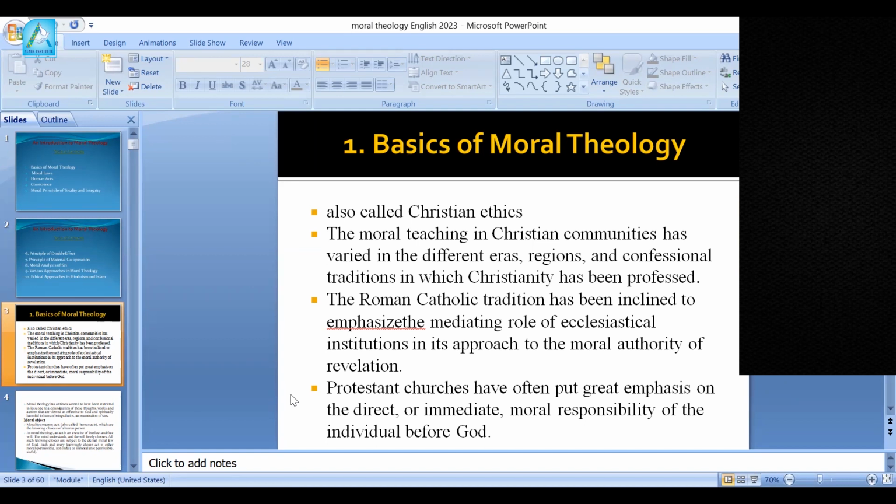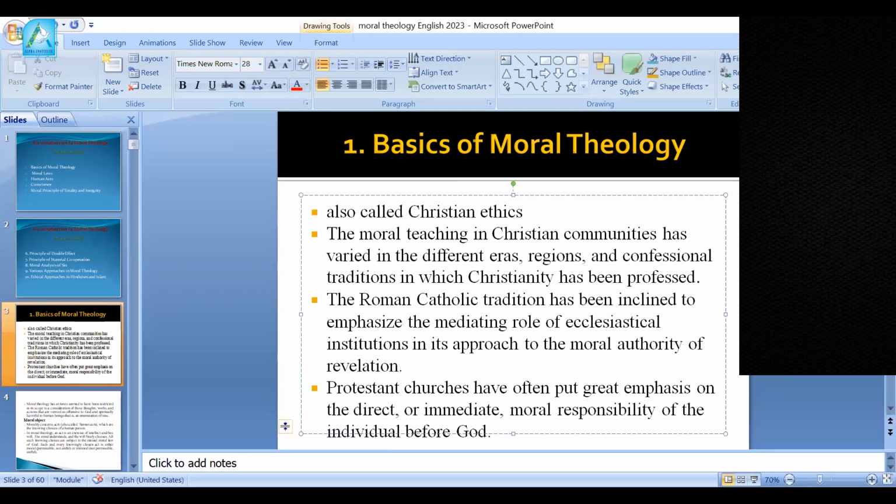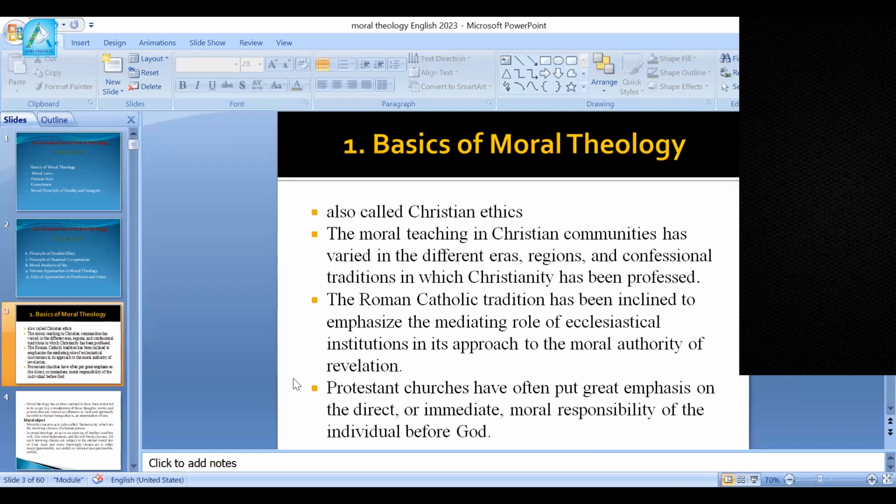Now, what is the scope of moral theology? In Christian life, there are two important and broad elements. One is right faith, which we call orthodoxy. The second aspect, equally important, is right practice, orthopraxis. Therein comes the scope of moral theology. There is an element of right faith regarding the articles of faith, and there is also an aspect of right practice which comprises the elements of moral theology. Moral theology is also called Christian ethics, giving a greater emphasis to the philosophical content, the ethical part. But we will be focusing on Catholic moral theology,